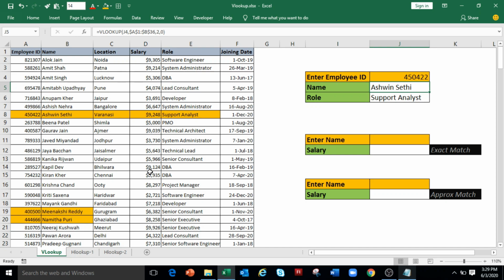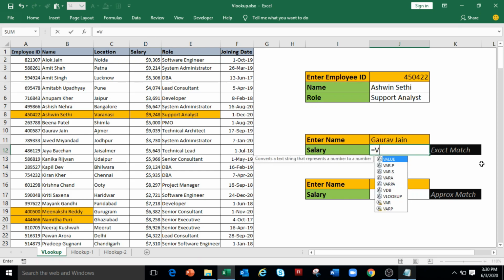In another example, we want to look up employee name, which is in column B, and want to show corresponding salary, which is in column D. So in cell J12, type equals to VLOOKUP open bracket. The lookup value is the name which is in J11. Select cell J11, comma.